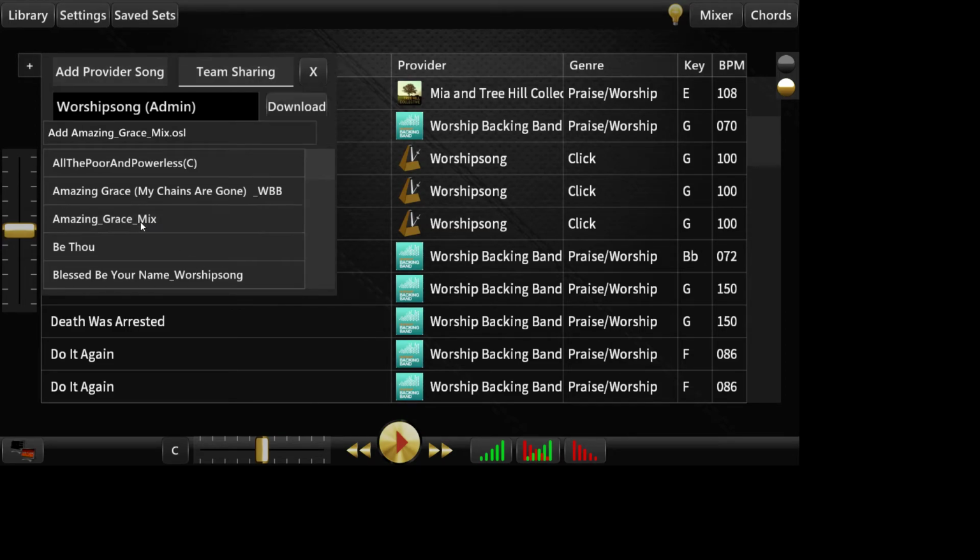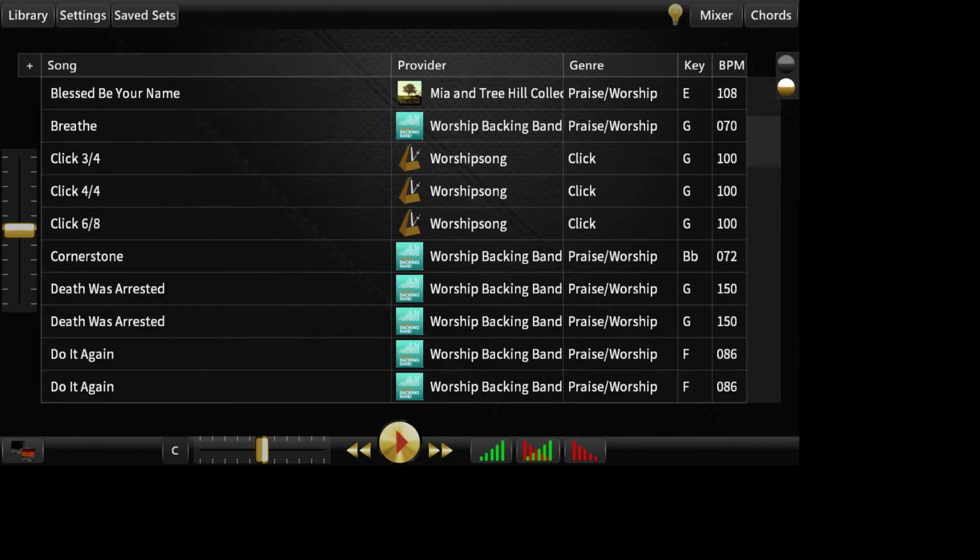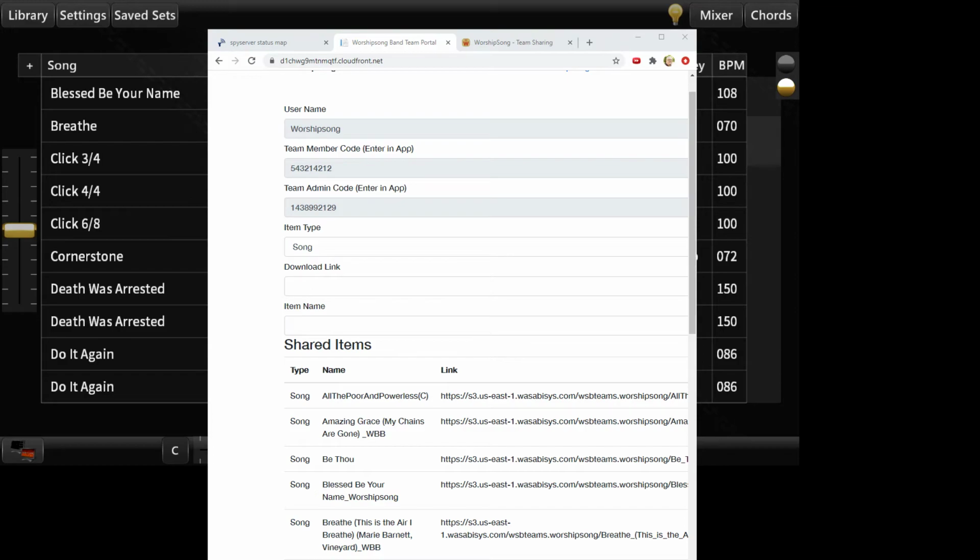There's Amazing Grace Mix available for download. So if I were in another copy of the app, I could pull Amazing Grace Mix down. It would also pull down the song that goes with it, and I would be good to go to add that song into my set. Okay, and if I go back and look at the portal, and I refresh it,